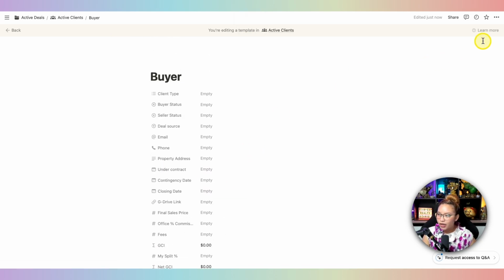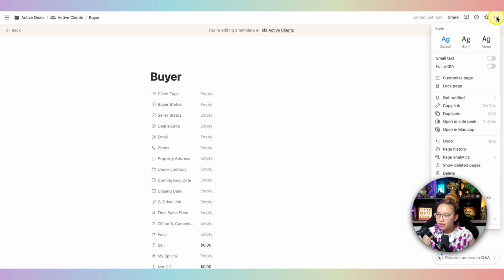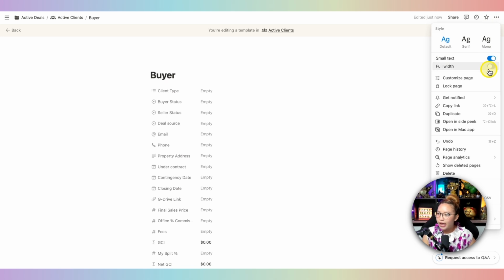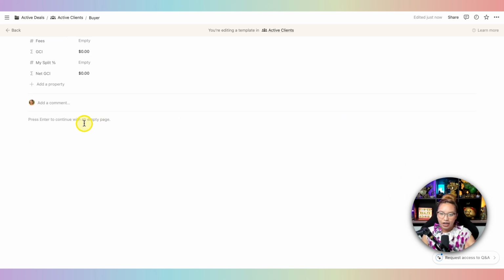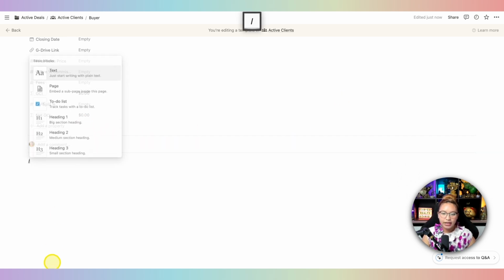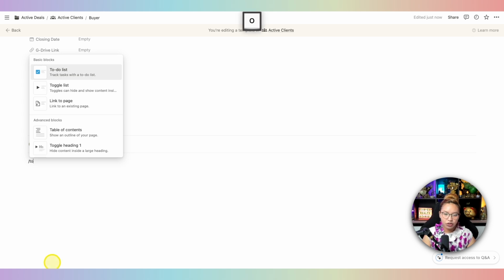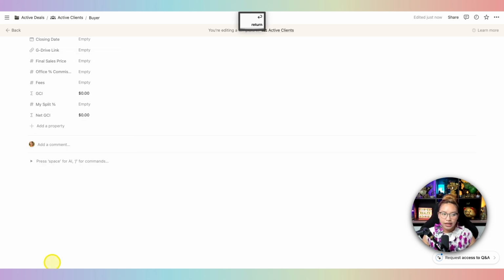In this case, I also like to go to these three dots here. I like to go small text and full width. So that's what the card would look like. Now, you can go in and hit the backslash key. I usually like to do things in toggles just to keep things clean. So we can do, let's say, a checklist. And then if you open this up,